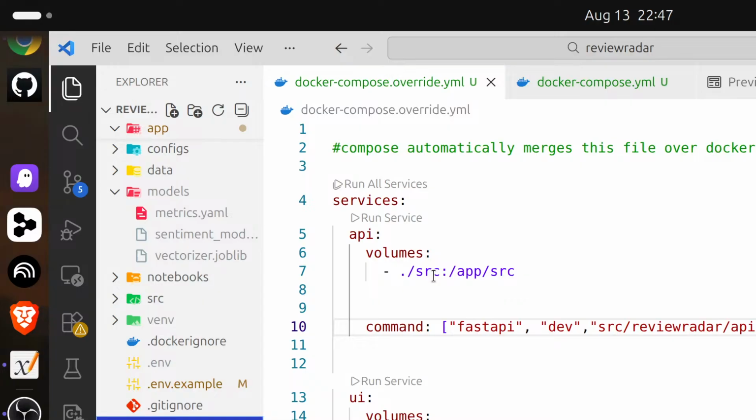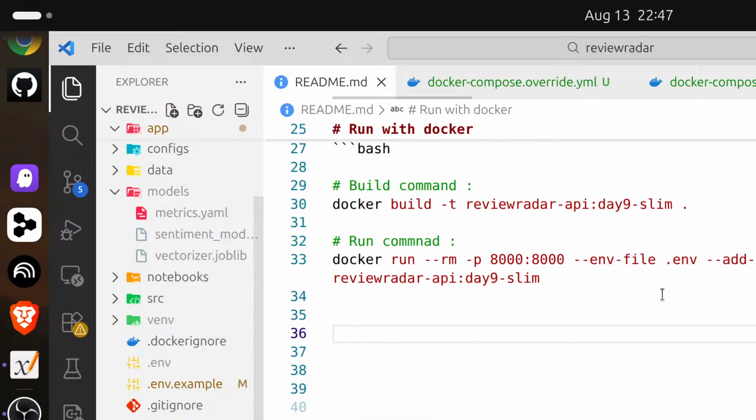Now we are finished with the technical implementation. Next problem: how does another developer know how to run this, right? That's where README becomes important. So we have to update the README also, right? So this is our multi